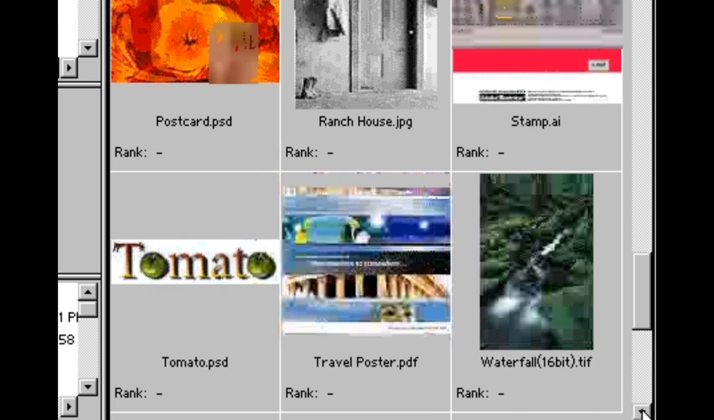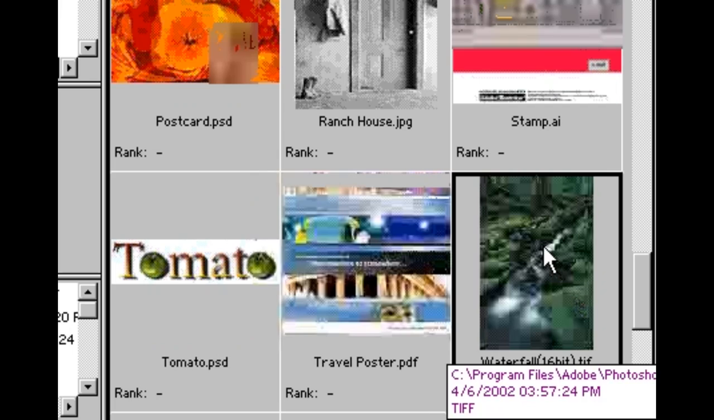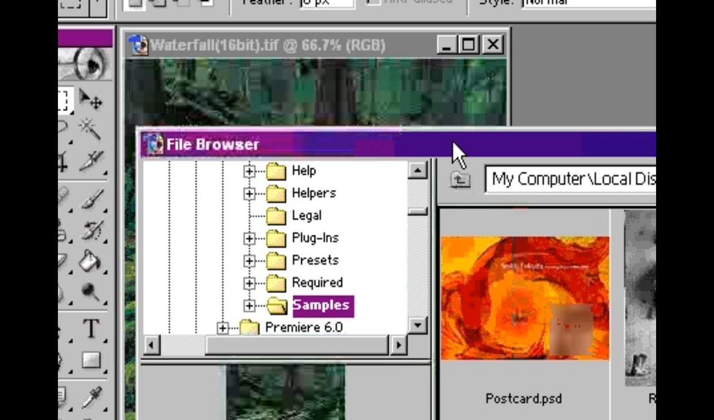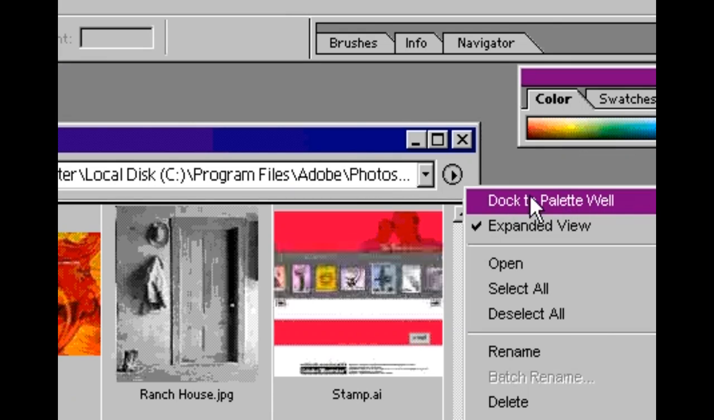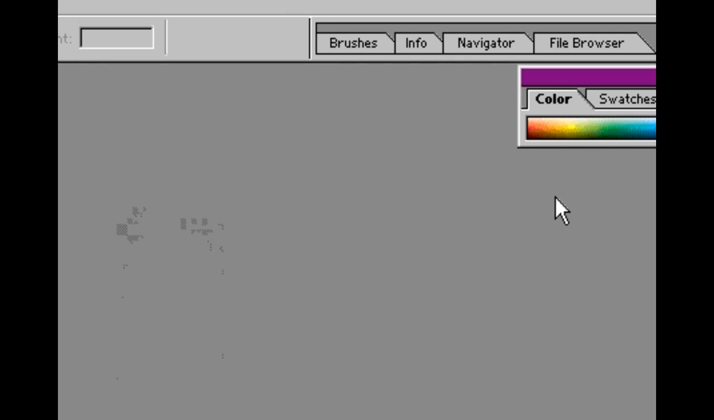Let's go ahead and select one of these other photos, like Waterfall, and then double-click on it to open it. And there's Waterfall. Now notice the file browser stays open in the background. So we can either close it, minimize it, or stick it up in the palette well. I'm going to stick it up in the palette well. So I'll click on the arrow and say Dock to Palette Well, which is where the file browser actually started